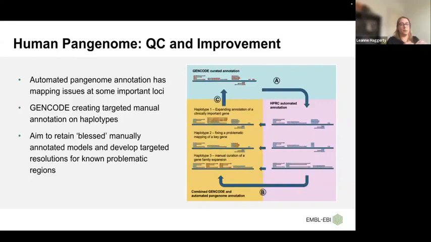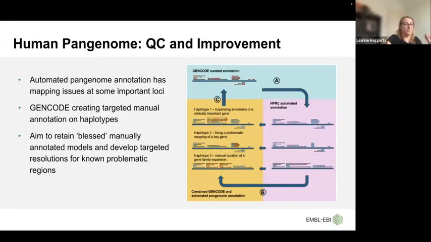Basically, these blessed models would serve as gold standards if we came to do re-annotation or remapping because we have a new GENCODE set or improved data. We know not to touch this because this has had manual annotation. So by combining automated projection with expert curation, we're retaining high coverage while ensuring biological accuracy. And we really are developing this kind of feedback loop and figuring out how this can most efficiently continue to